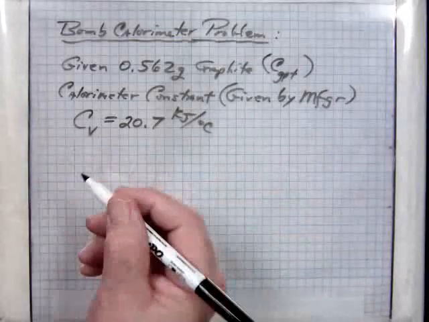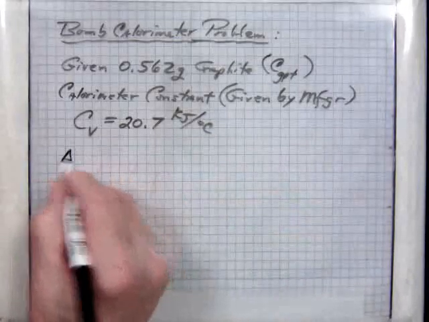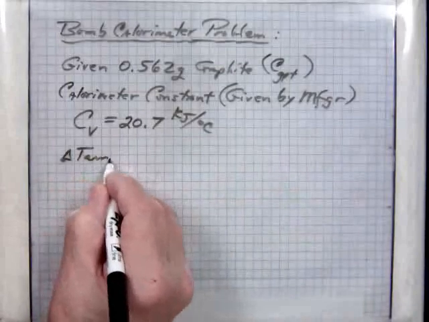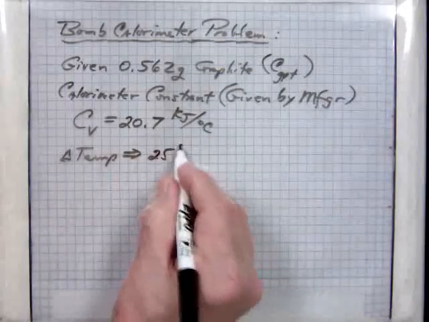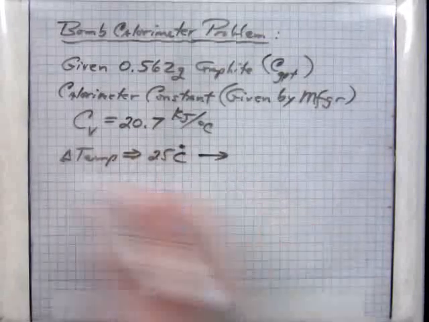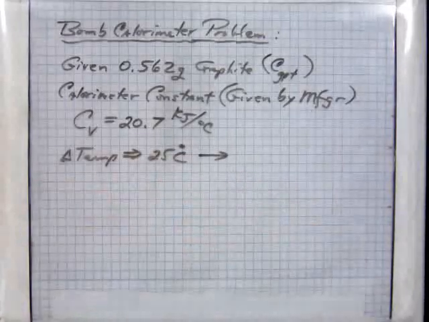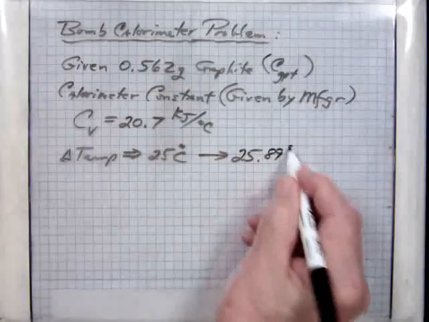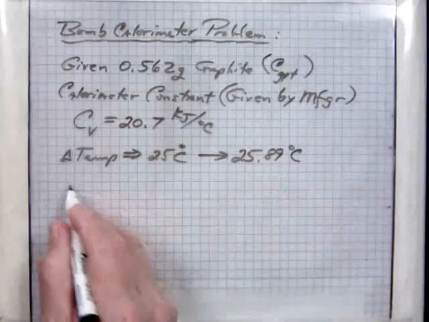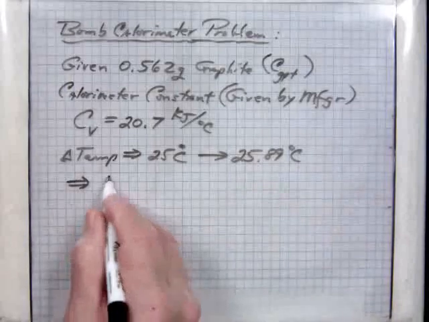So the reaction temperature change goes from 25 degrees Celsius measured to 25.89 degrees Celsius, and of course this gives us a delta T